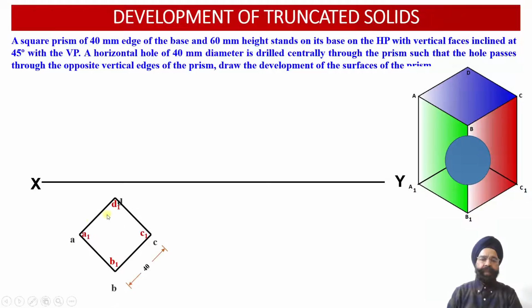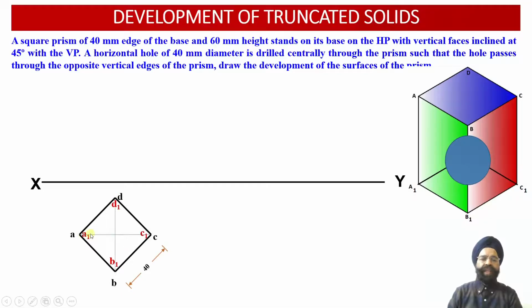Similarly, the 4 points corresponding to the top face, that is A, B, C and D, have been marked outside the top view projection of the square prism. Now once we have obtained the top view projections corresponding to the base and the top face of the square prism, now